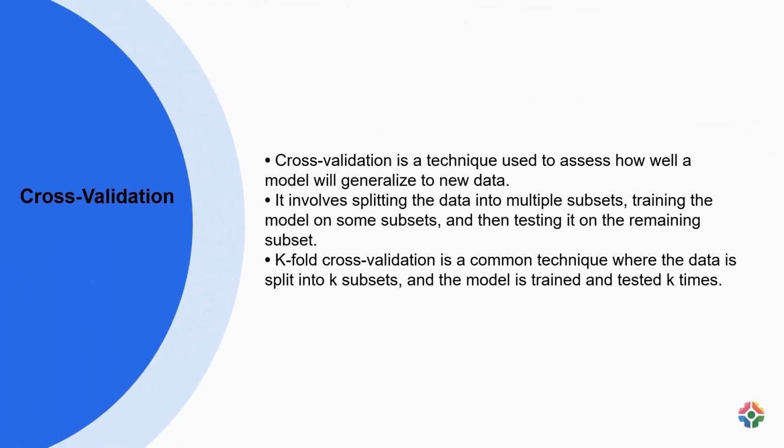Cross-validation is a method to evaluate a model's performance on unseen data. It entails dividing data into subsets, training on some and testing on others. One popular approach is k-fold cross-validation, where data is divided into k subsets, and the model is trained and tested k times. For instance, in a 5-fold cross-validation scenario, data is split into 5 subsets, with the model being trained